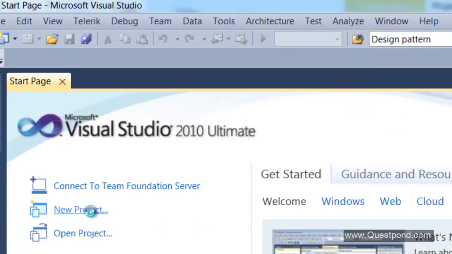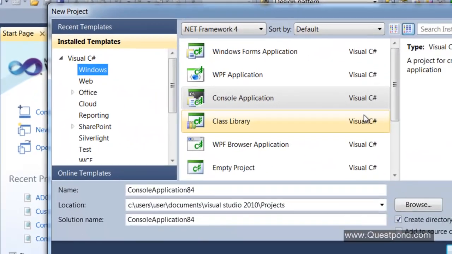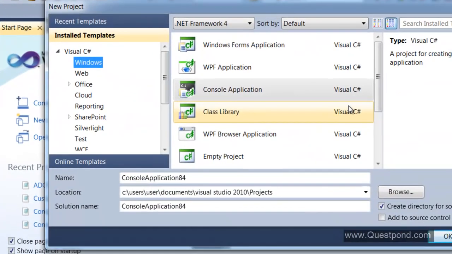So now that we have analyzed the requirement, and when we read the requirement, we use the noun, pronoun, and verb approach to conclude entities. And we said that we have 2 types of entities. One is a customer and the other one is a lead. So let us go ahead and create a class library, and let us try to create the business layer. Business layer means the library in which our business logic will reside.